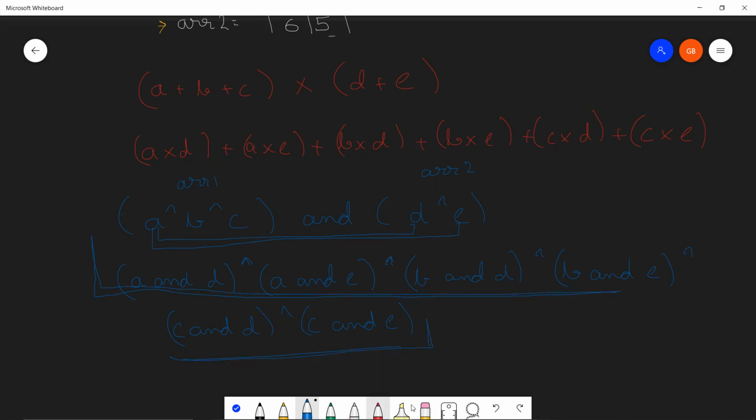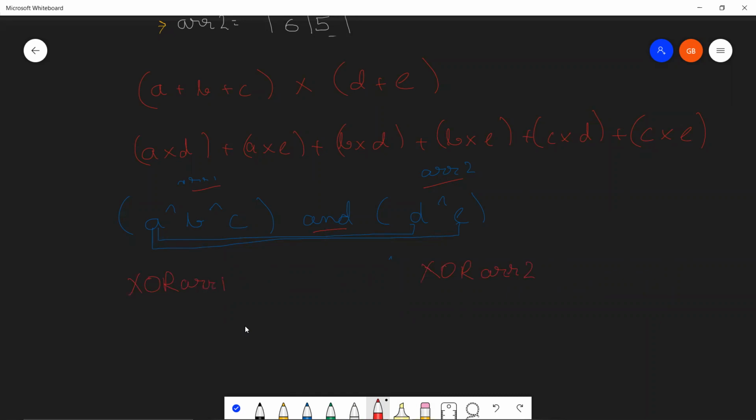So why distribute it? Why not just calculate the XOR sum of ARR1 and the XOR sum of ARR2, and our final answer would be the bitwise AND of the XOR sum of ARR1 and the XOR sum of ARR2. So let's say the XOR sum of ARR1 is XOR ARR1, and for this it's XOR ARR2.